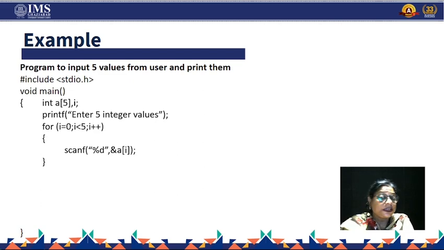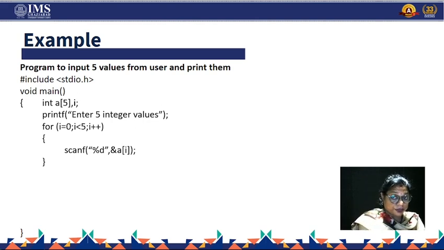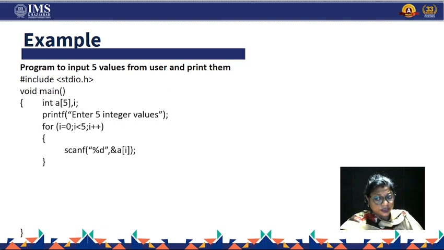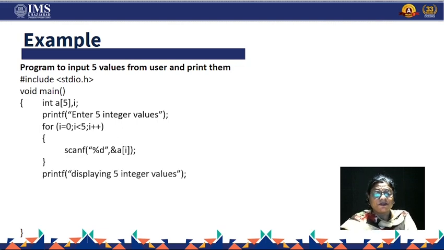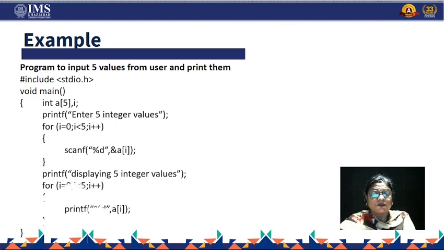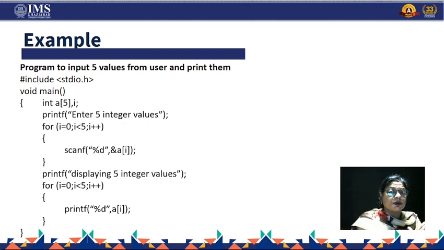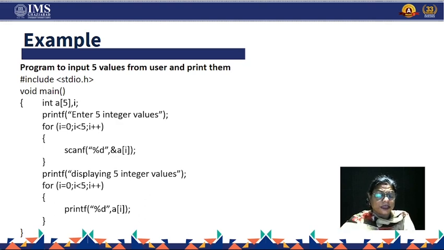Now, the advantage of array is that it is going to retain the value of an array till the end of the application, unless a new value is assigned. Now, once all the values are stored at separate memory locations, by using the index number, we can access those values. So, if we give the same loop to print the values, then I just have to give a for loop, and with the help of the for loop, I can display the element stored at the 0th, 1, 2, 3, 4 memory location, and that will be displayed one after the other, which I had inputted through the